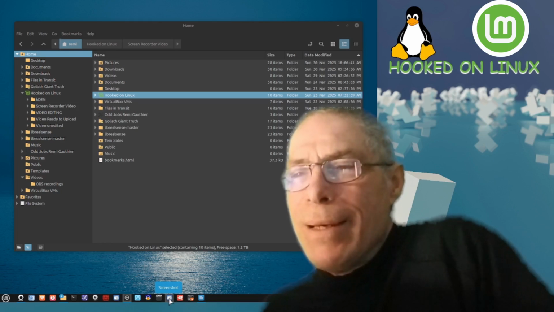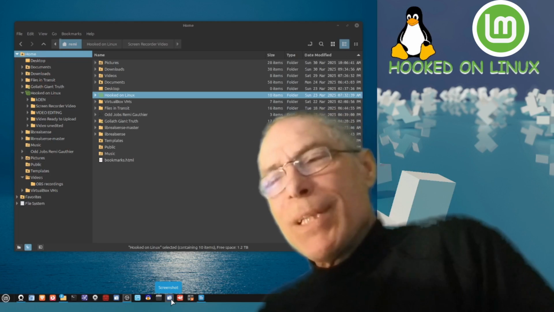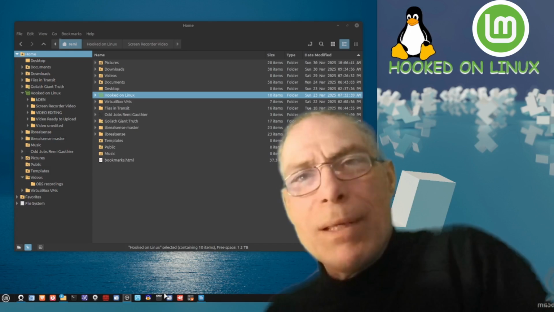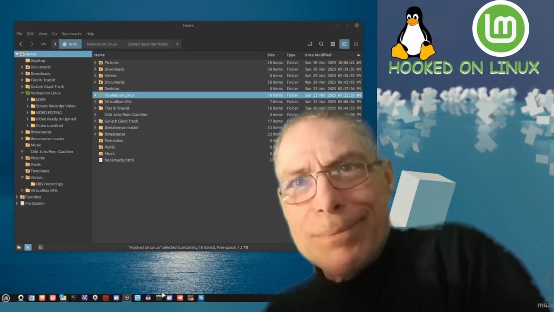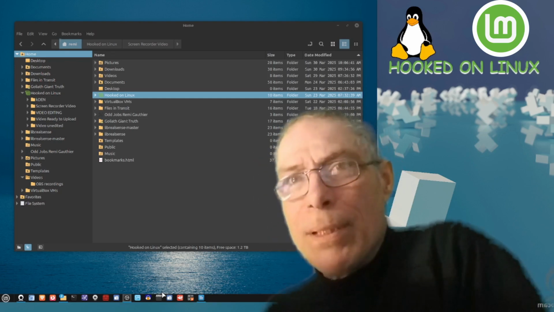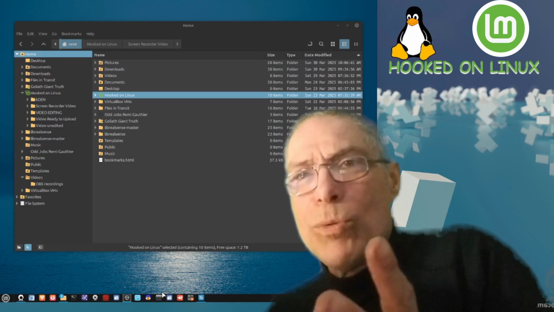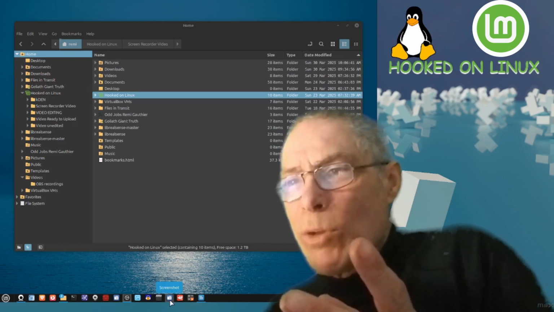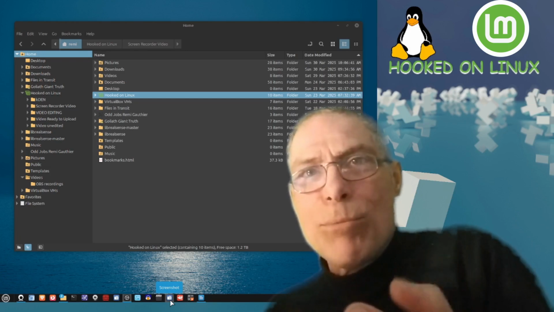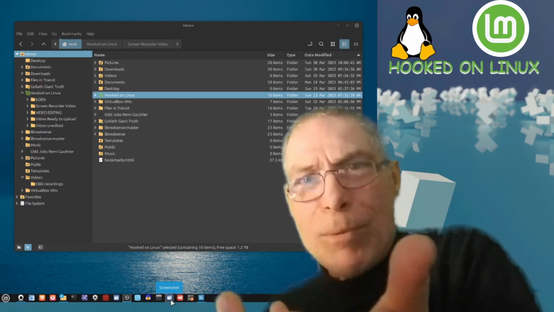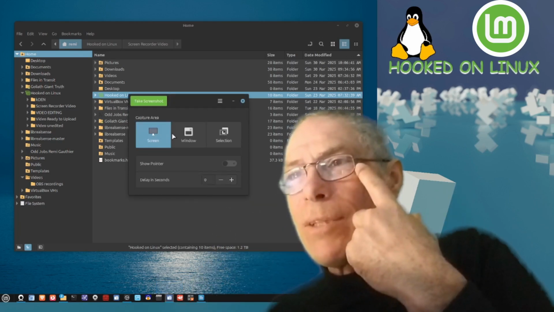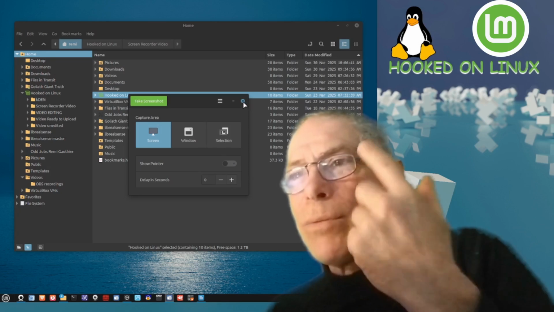Screenshot. This one I put here because I can press the button on the keyboard. There's a screenshot button on the keyboard. I think that's the same as on Windows. But it just takes a picture of the whole thing, and I've got 2 active screens. So sometimes I don't want to take 2 active screens. I want something a bit more, because the smaller the area, the better resolution of the photo you get. And so I use this one because I can take the screen, a window, or a selection. And so simple.